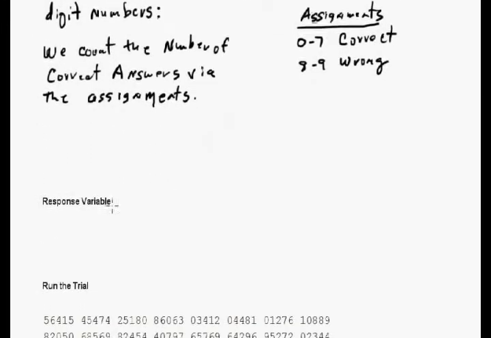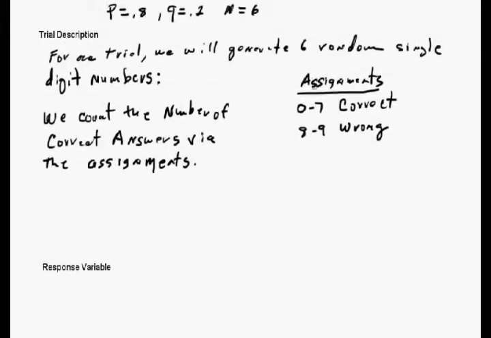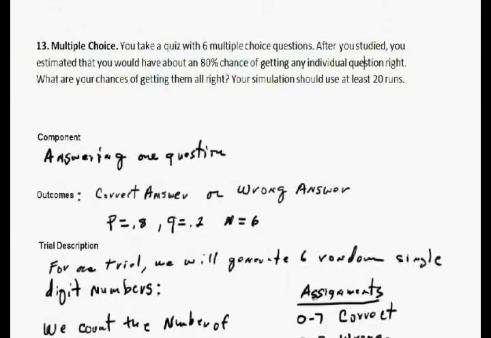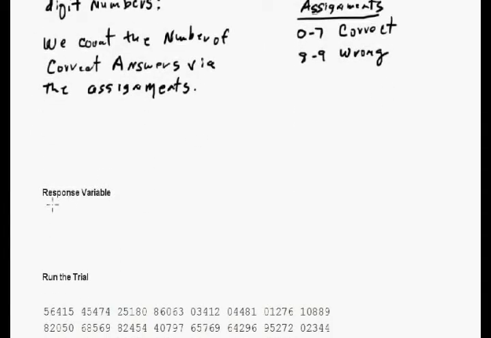The response variable, though, this is always a good time to stop. That's where we pull it out instead of burying it into the trial description. I make it explicit. Because what you want to do is come back up here and make sure, what are we trying to do? The question we're trying to answer is, what are your chances of getting them all right? Okay, so the response variable is